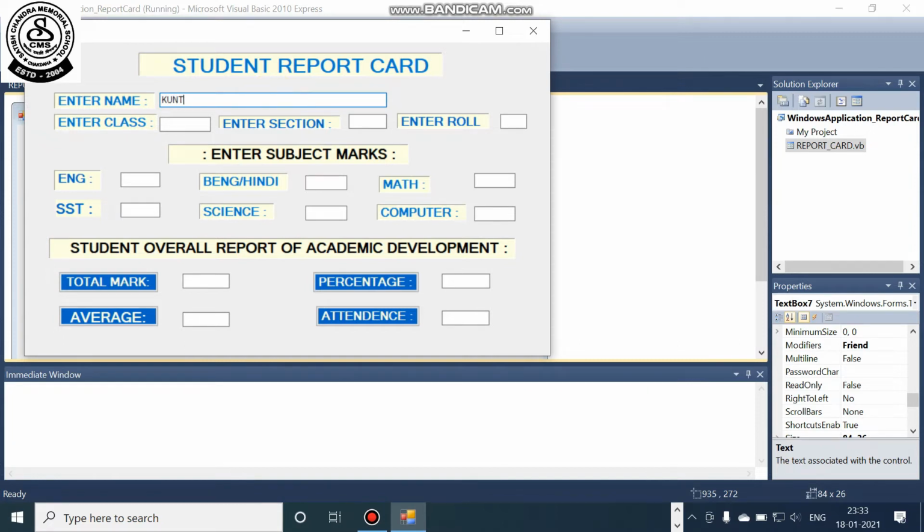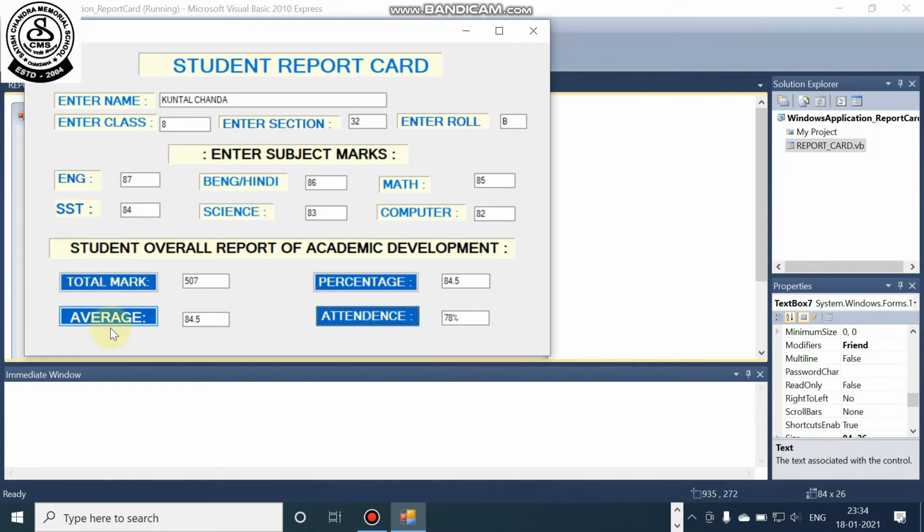Suppose Kuntal Chando is the name of the student, then I'm giving the class, suppose 8, roll number 32, and section B, and the English marks I'm giving haphazardly. If I click on total marks, it shows 507, average 84.5, percentage 84.5, attendance.